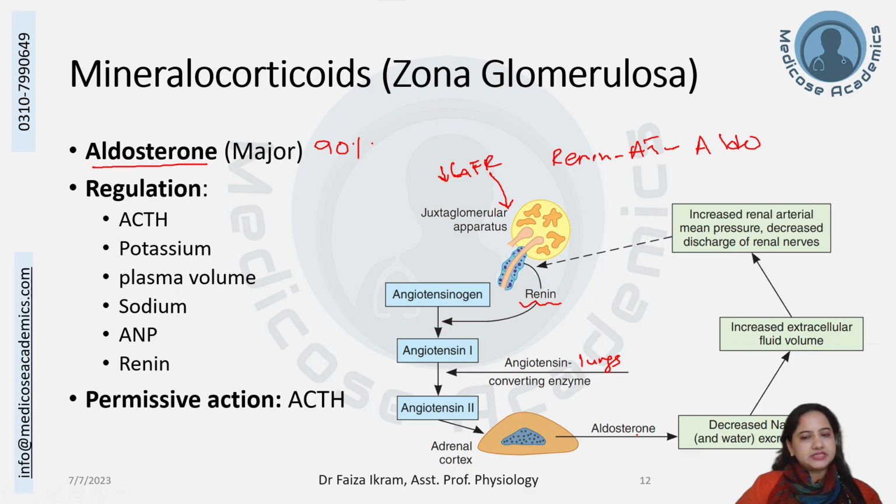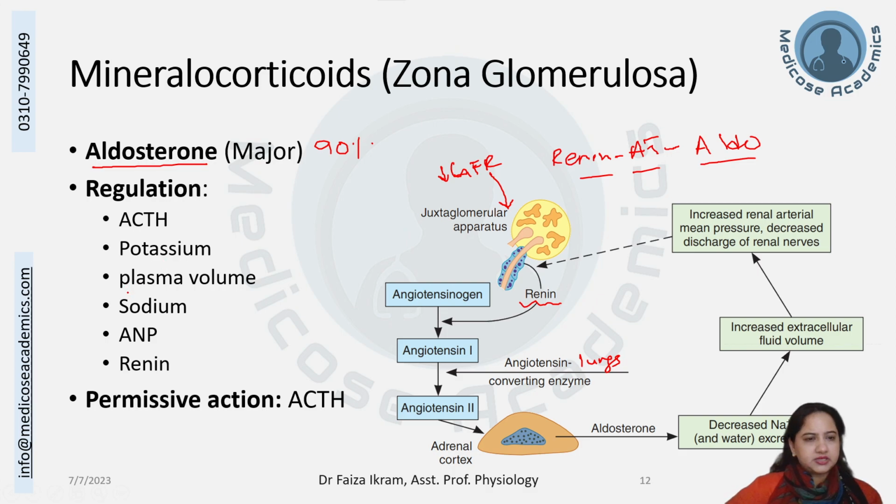What will this aldosterone now do? Majorly, it will lead to sodium and water reabsorption. That will lead to increased extracellular fluid volume. That increased fluid volume will increase the mean arterial pressure, and that will make the GFR come back to normal. So this is how the renin, angiotensin, aldosterone system works, and by this we have found one stimulus of aldosterone production,